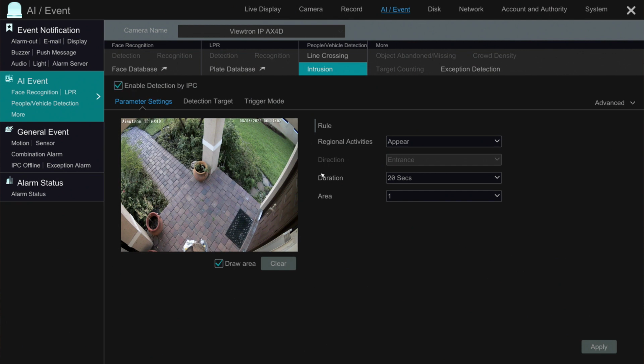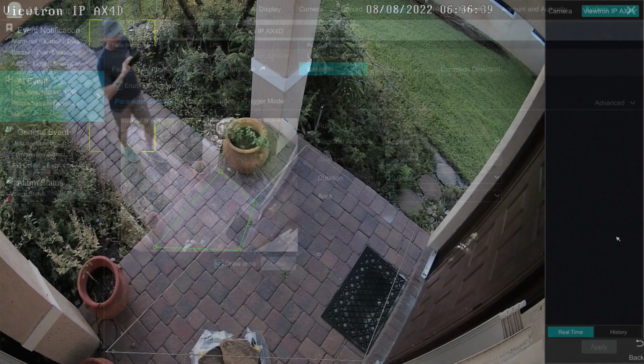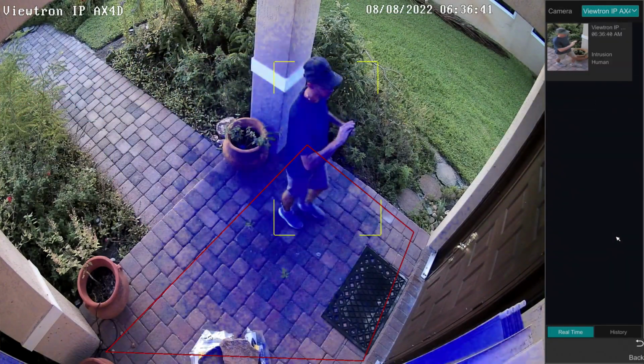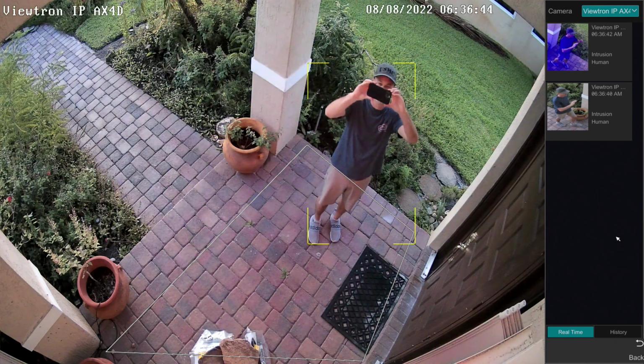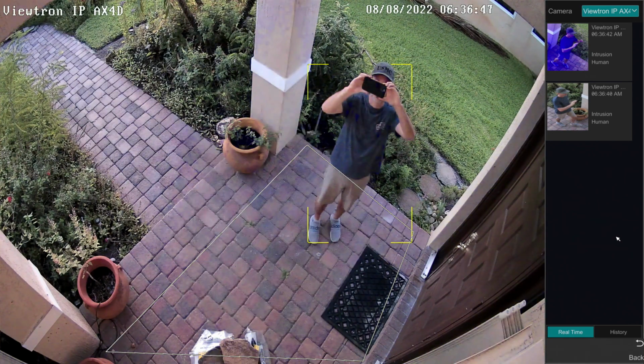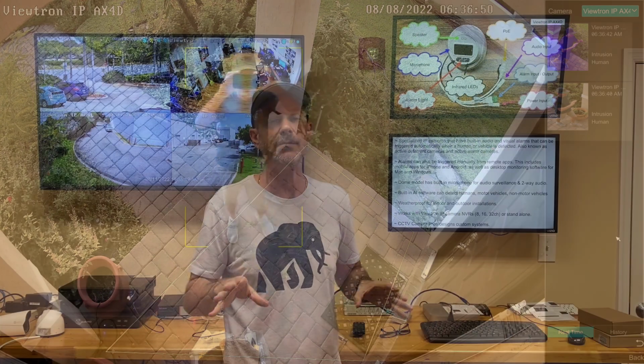Another thing I want to mention about our Viewtron alarm security cameras, they have built-in AI software. So this is not simply doing video motion detection like traditional cameras do. This is true object detection, and with 99.9% accuracy, it knows when a human is detected or a motor vehicle is detected or a non-motor vehicle like a bicycle, for example. The AI software is a game changer. If you've done video motion detection in an outdoor environment, you know it's extremely unreliable because the software doesn't know the difference between a person moving and trees blowing in the wind, and it leads to a bunch of false positives and a lot of frustration.